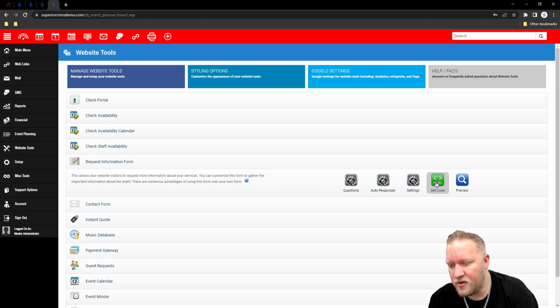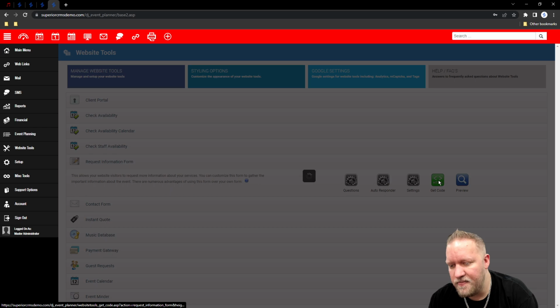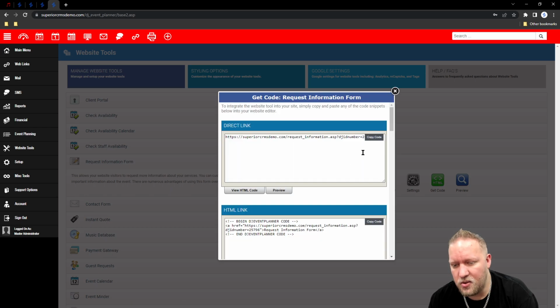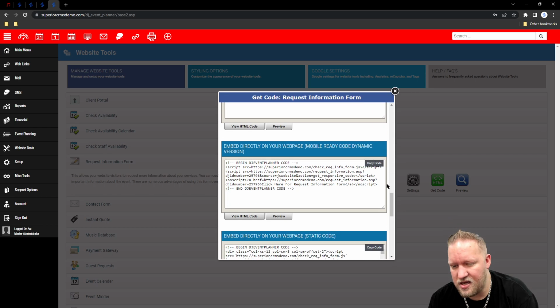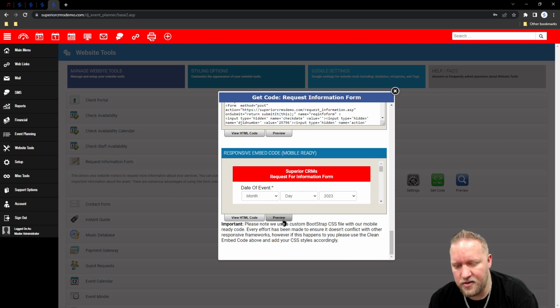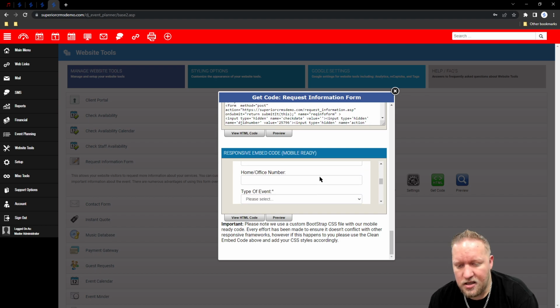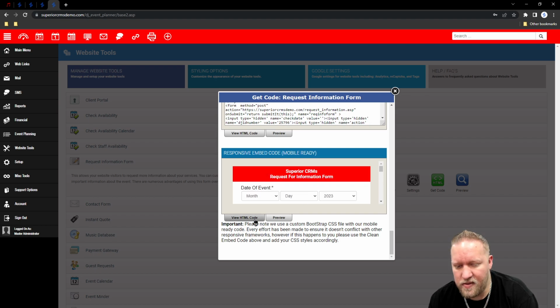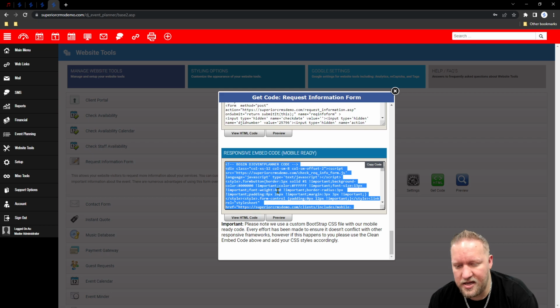Moving on from there, we go to the get code. And here we're just going to go to the very bottom of the list. And right now it is the request for, responsive embed code mobile ready. So just to have a peek at what it looks like, we click on the preview and we can have a peek at what it looks like. Now that we're happy with that, we just go view code,